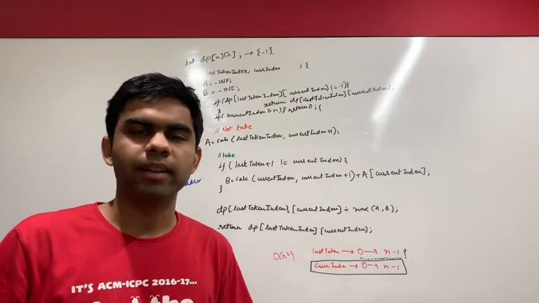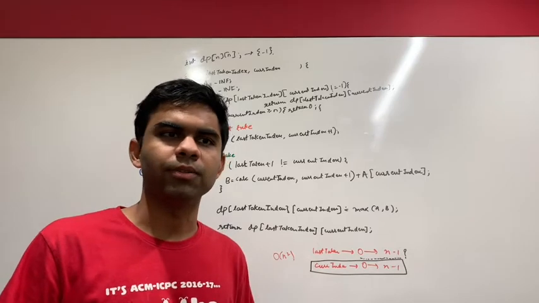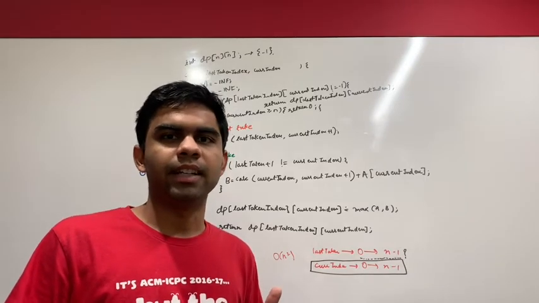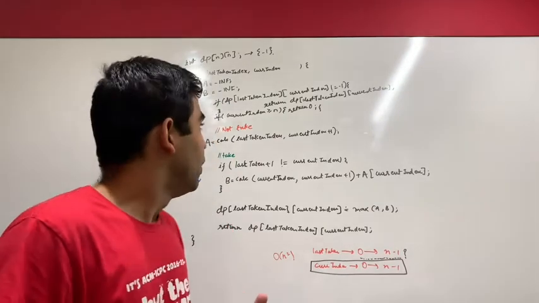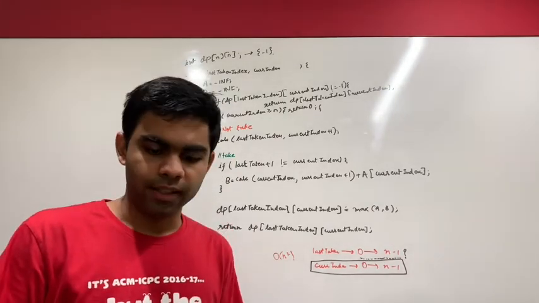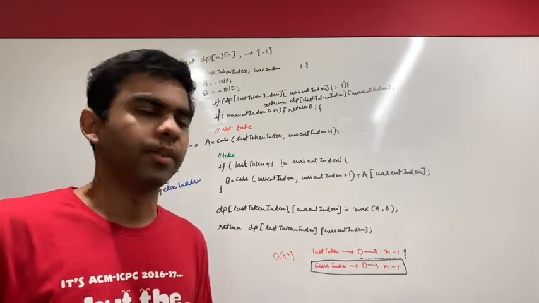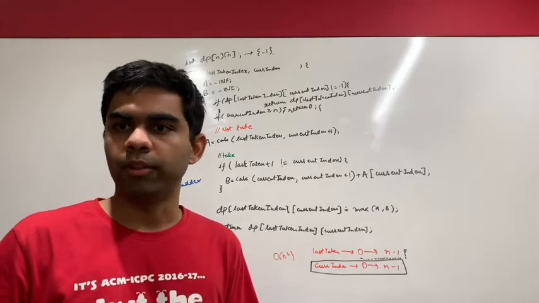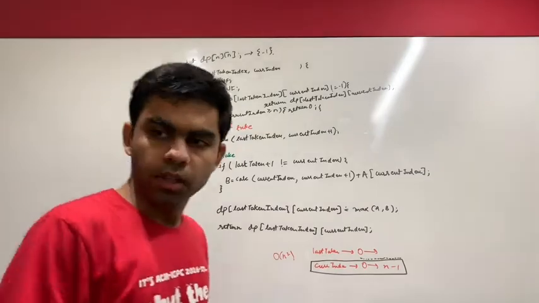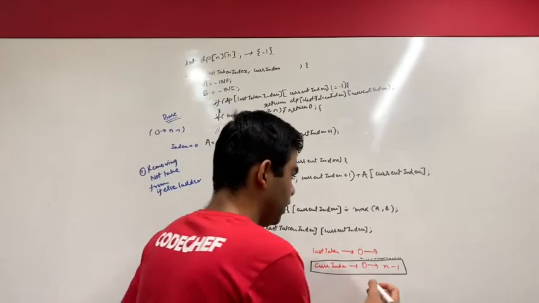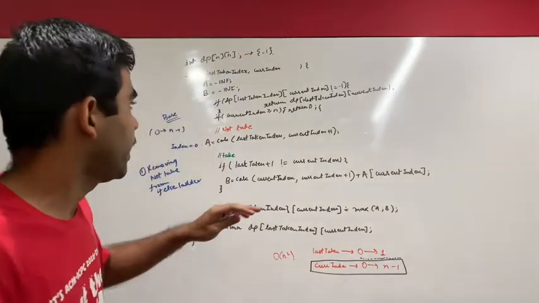What I require for my current index is just one piece of information, that is whether I have selected the index at my previous index or not. So what we'll be doing is reducing the range of our last taken index from 0 to n minus 1 to just 0 to 1. And I'll explain to you how it will go. So I'll reduce the range of my last taken index from 0 to 1 and try to rephrase this solution.